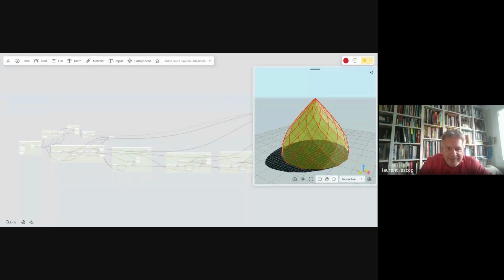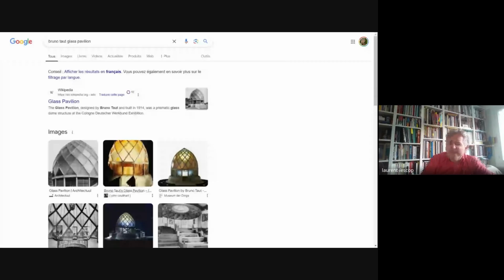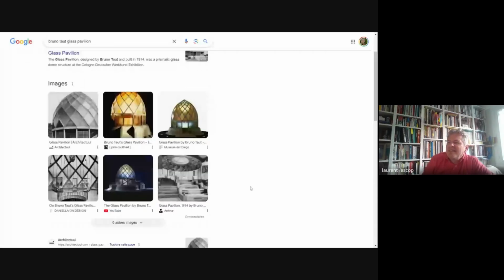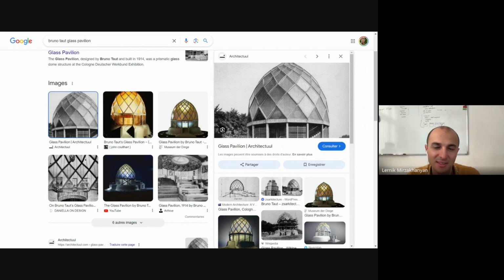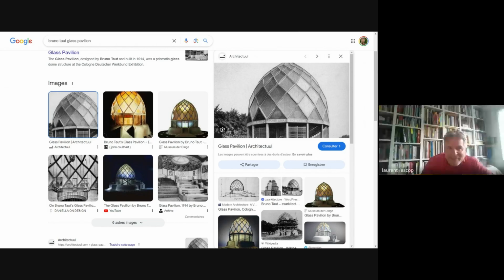Right, so this is the original project, and the roof is very, very impressive. So each piece of glass is actually flat, right? Yes, and this is the point.